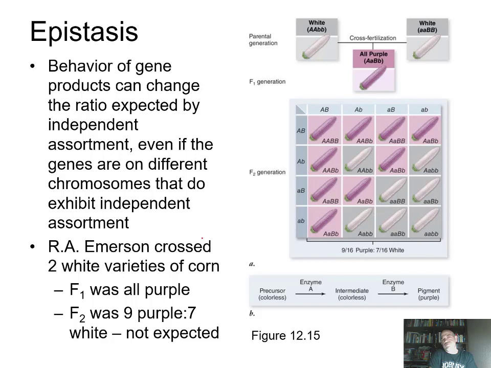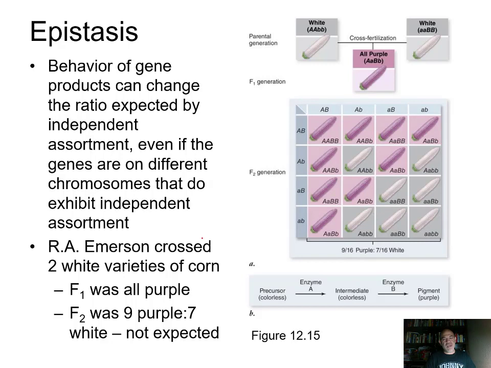And here, epistasis has to do with metabolic pathways. In a metabolic or biochemical pathway, you have enzymes that are involved in making changes, and these enzymes are proteins made from a gene. And genes can come in more than one allele, right? So if a mutation occurs and that allele is a faulty enzyme, it doesn't do what it's supposed to do, the mutation caused the enzyme not to work properly, then you're not going to be able to get